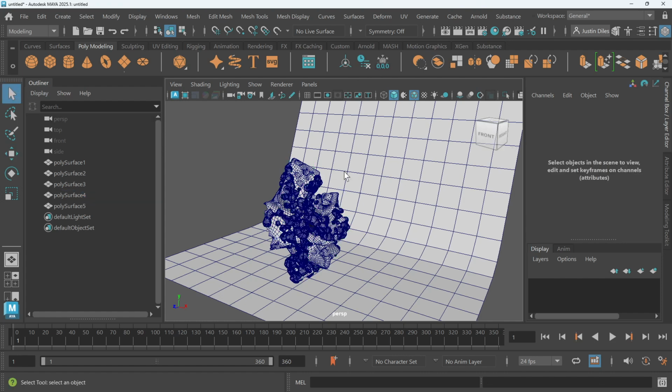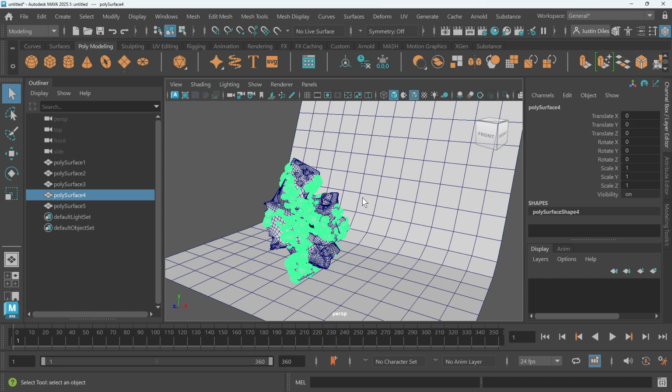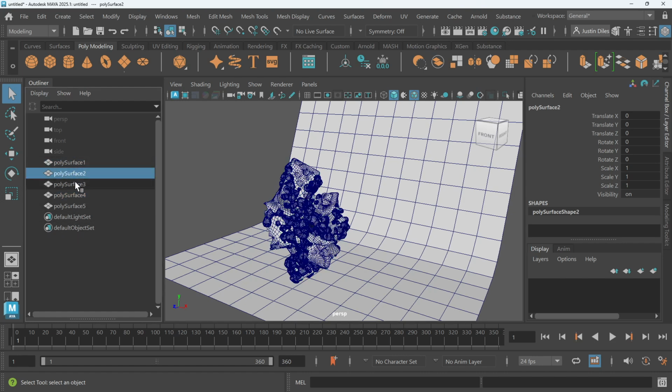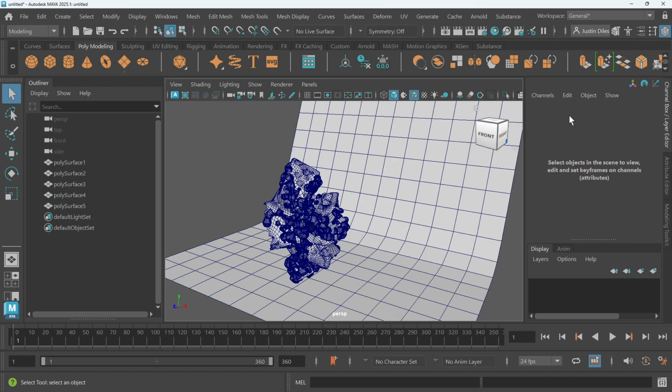It just zeroes out and gives you the cleanest possible objects. Okay, so let's see. We've covered unlocking normals, reversing them, and centering the pivots on the objects. We've covered the outliner here, which allows you to select different objects in your scene. And while we've covered how to navigate,